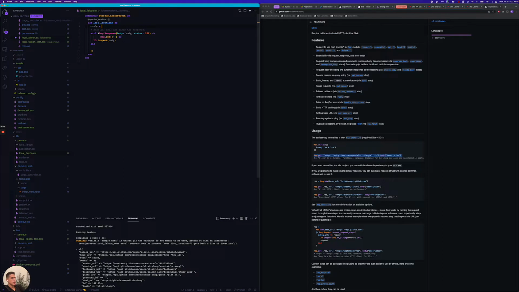We'll do config Application.get_env, and then our app name is Perseus, and we're going to say Perseus LocalFalcon, and then we'll say that the API key is going to be